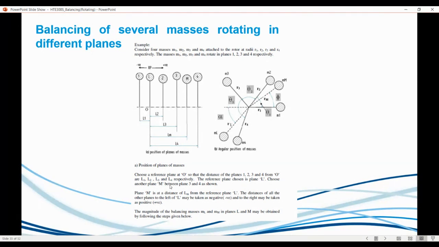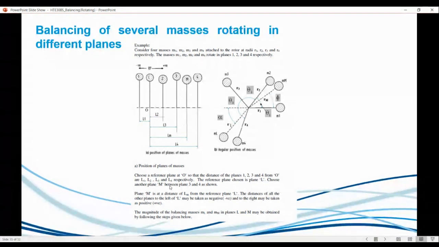And they're rotating, right? But if you look at position on number A is 1, 2, 3, 4. But can you notice they're all at different lengths? So they're not actually acting in the same plane. So when I say the same plane,